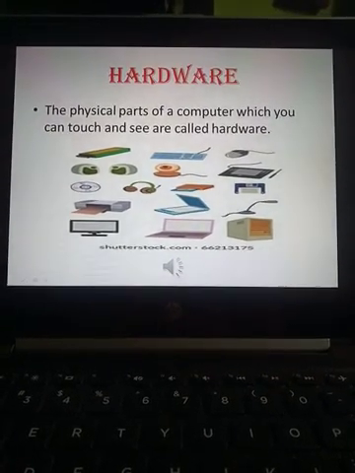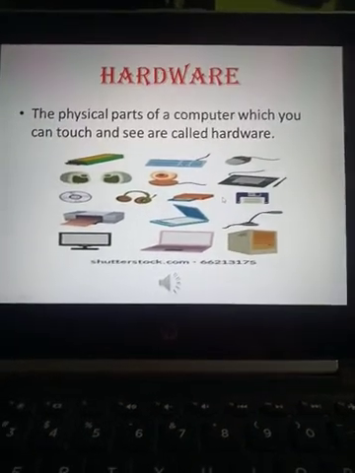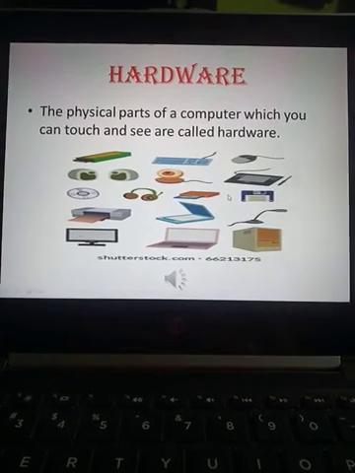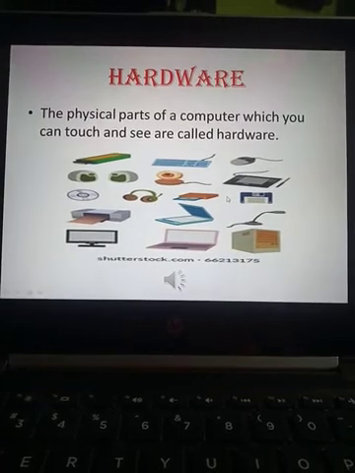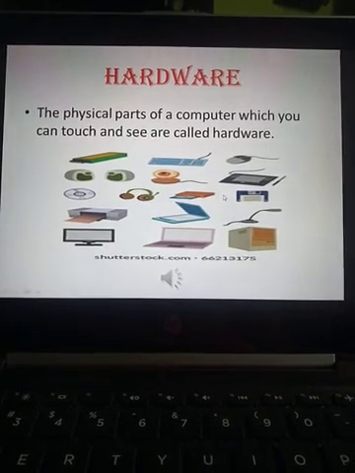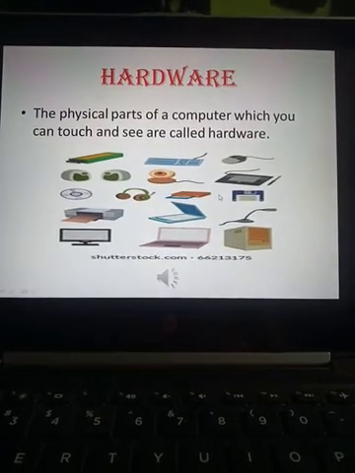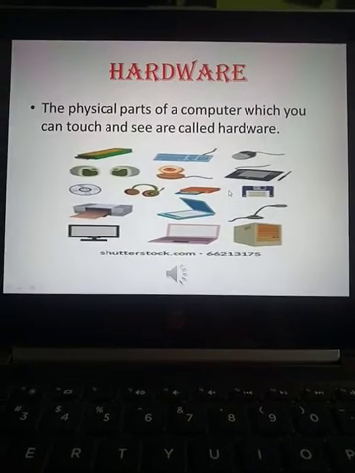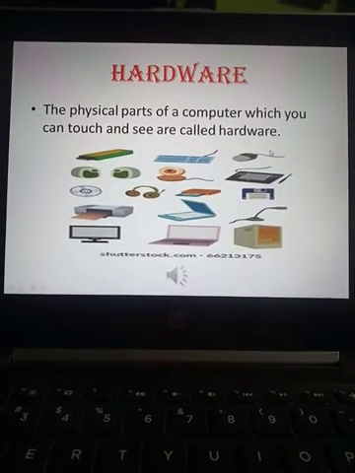All the parts given in this picture are hardware, because we are able to touch this and we are able to see this also, like keyboard, mouse, speaker, microphone, scanner, printer, monitor, pen drive, all this. The parts of computer which we can touch and see are called hardware. Okay? Now come to the next slide.